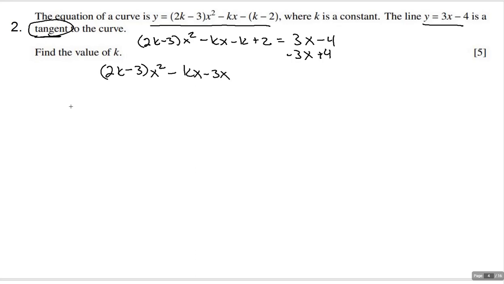Okay. And then I've got a minus k, and then I'm going to add 4 to both sides, so then it's going to be plus 6. All right, so what we've got to do now is set it equal to 0, because we got everything on one side. All right? So once we've got this, now what we're going to do is set up